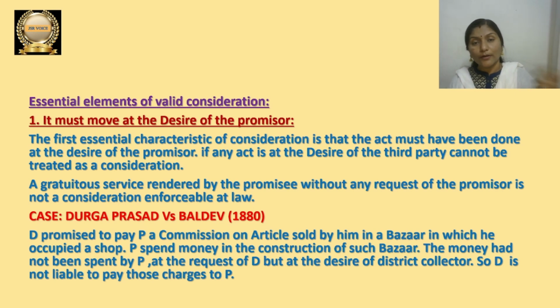You have to give me whatever money I incurred for construction. But he did not construct because D said so. Actually, P constructed that bazaar on the request of the